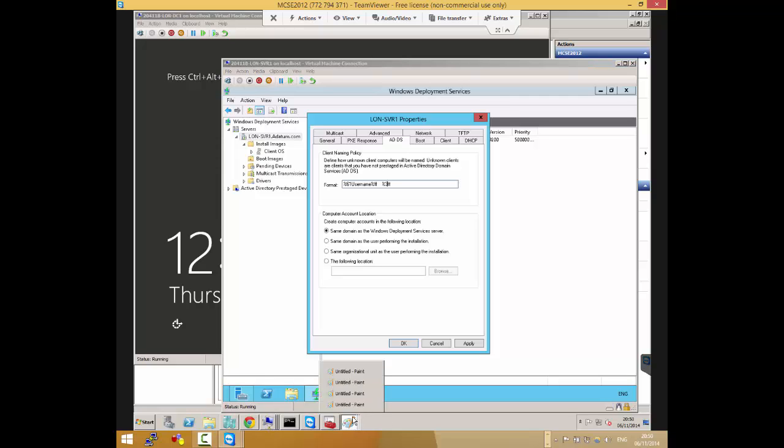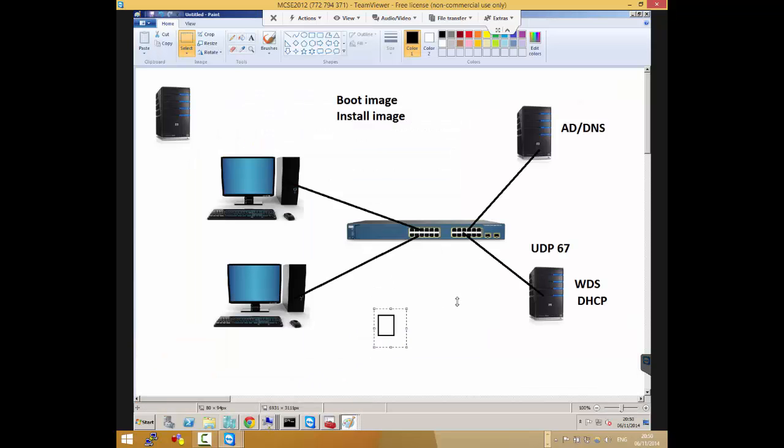But then the other question that I was thinking of is this. Let's say you have WDS here. We said we can use something called multicast transmission. What multicast transmission means is this: WDS takes this image and sends it to the router, or maybe the switch or the router. WDS is not going, oh, I'll send the image to you, then I'll send the same image to you, then I'll send the other packet of the image to you. So WDS is now dealing directly with the network device.